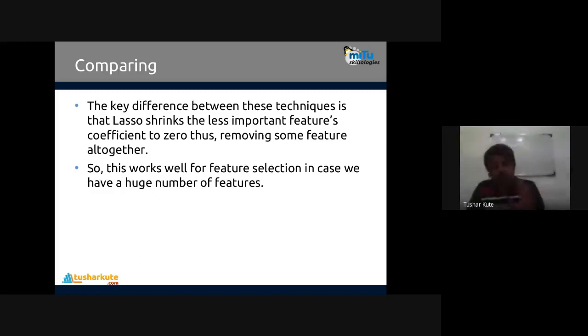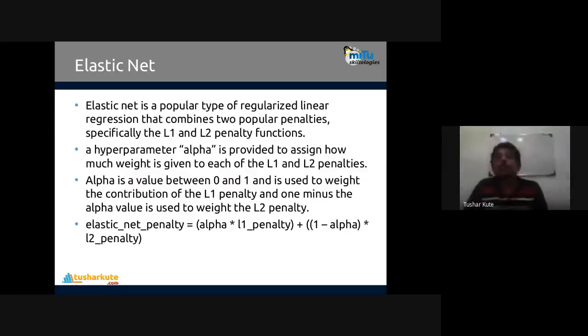Fine. And combining both together, there is another regression method called elastic net regression. Elastic net is a popular type of regularized linear regression that combines two popular penalties, specifically the L1 and L2 penalty functions.